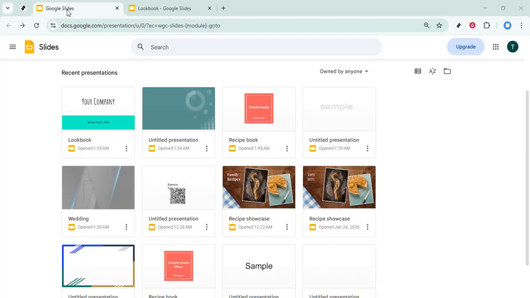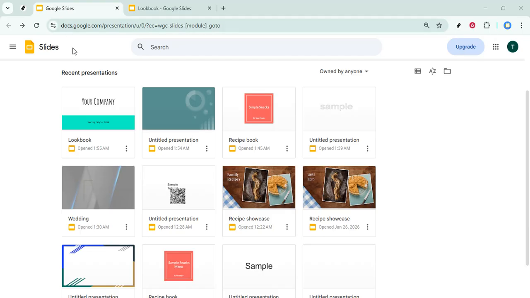In today's video, I'm going to teach you how to turn Google Slides into PowerPoint. If you need to share a deck with someone who uses Microsoft Office, or you want a reliable offline copy, converting your Google Slides into a PowerPoint file is quick and easy. All you need is a web browser, access to your Google Slides presentation, and optionally Microsoft PowerPoint to open the